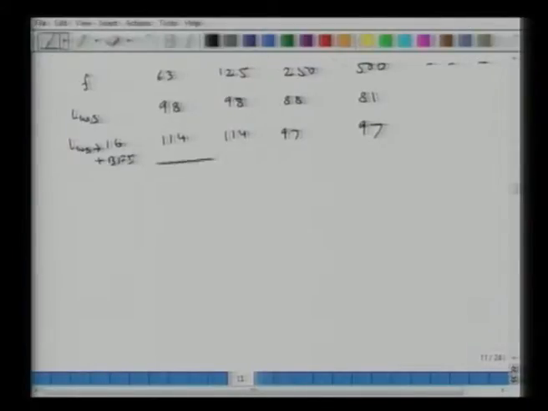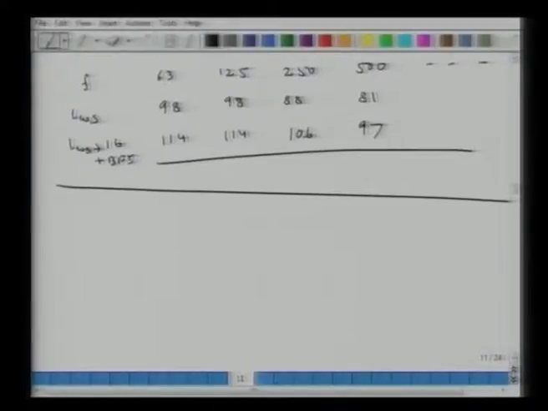So this is how I compute. Sir, can you repeat the last part? So you understood this, right? LWS plus 16, so this is 104. So at 300 hertz, I have to add 2 dBs more because of this BFI factor, right? So I am just changing this column and making it 106.